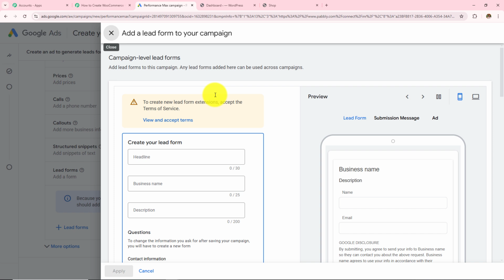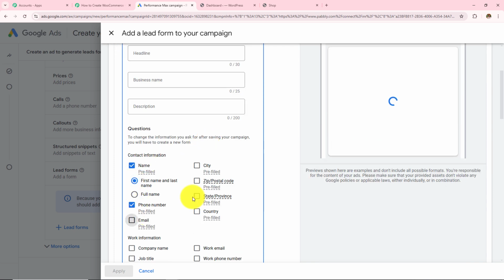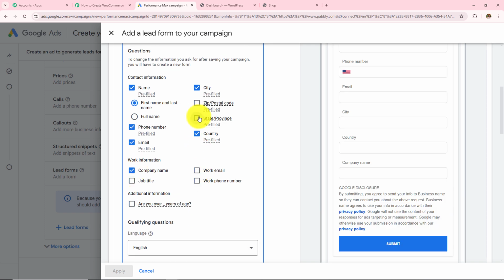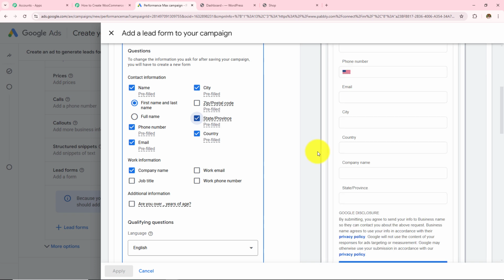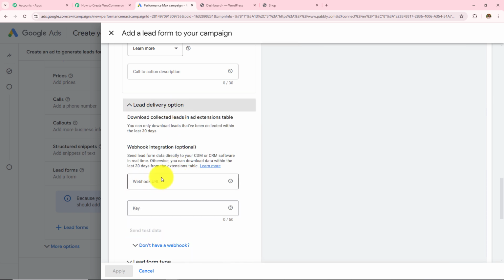Here I have opened my lead form, and in this lead form I want first name, last name, phone number, email, city, country, and the company name, and also the state. So here my form will appear something like this. Now if I scroll down, I can see an option of lead delivery option, and here I have to provide